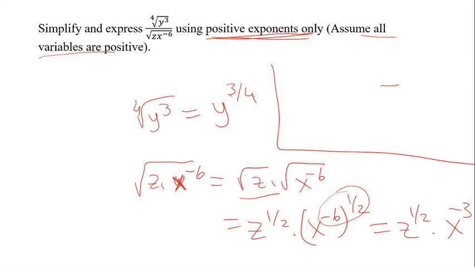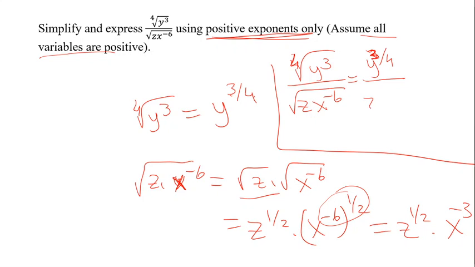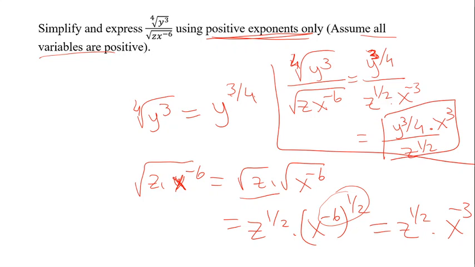this term as y to the 3 over 4 divided by z to the 1/2 times x to the negative 3. Then you can write this one as y to the 3 over 4 divided by z to the 1/2 power times x cubed. So this will be,